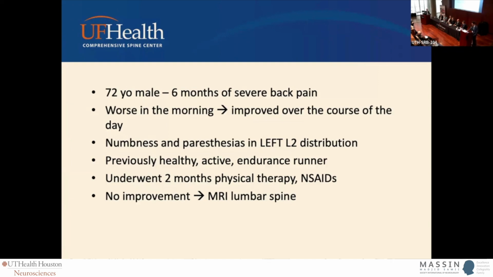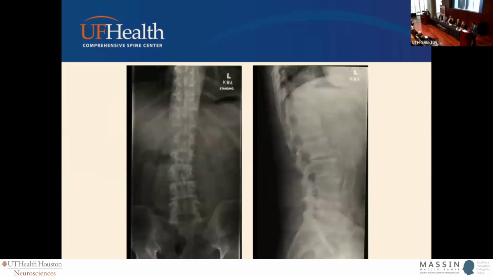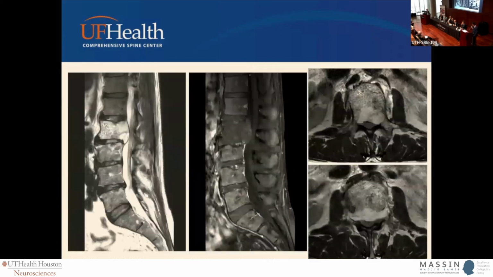So subsequently, his primary care got a lumbar MRI. These were his x-rays when he was first evaluated. So, relatively reasonable for his age group. And this is his MRI. So this is his presentation to the office. So just curious, Claudia, I'm just going to put you on the spot. This is probably like an everyday Monday morning for you. So what are your thoughts?